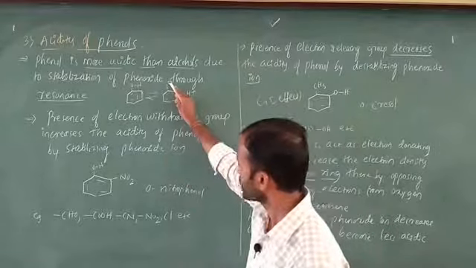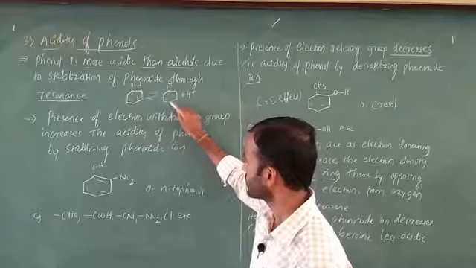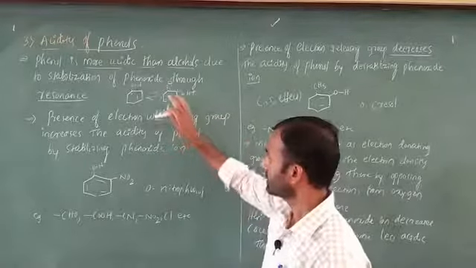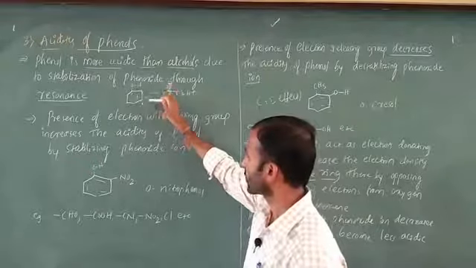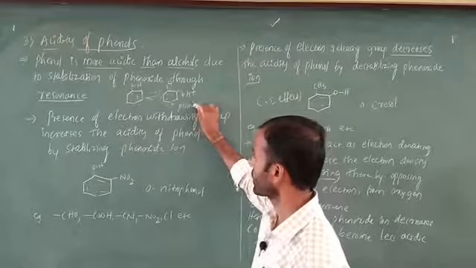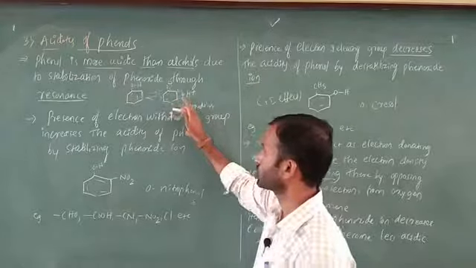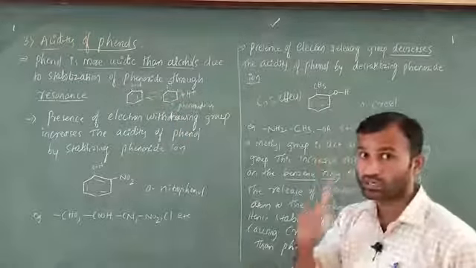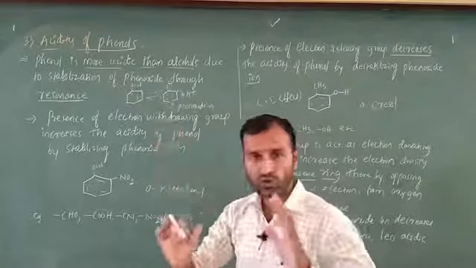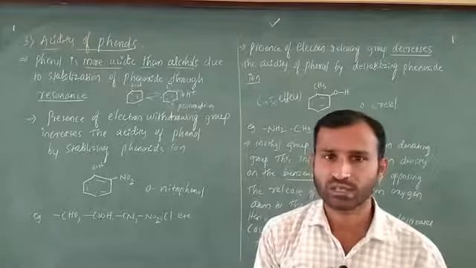Here, this negative charge is donated into the ring, and automatically the double bond is going to break. Next, there is a formation of a negative charge. After that, this bond is going to shift here. What do we call this? This is the phenoxide ion. This phenoxide ion is stable through resonance. That is why, comparing alcohol and phenol, the phenol is more acidic than alcohol. This is a fact, bear it in mind.